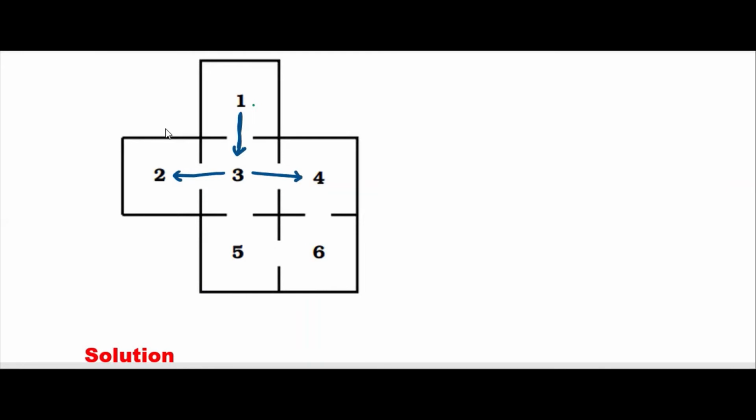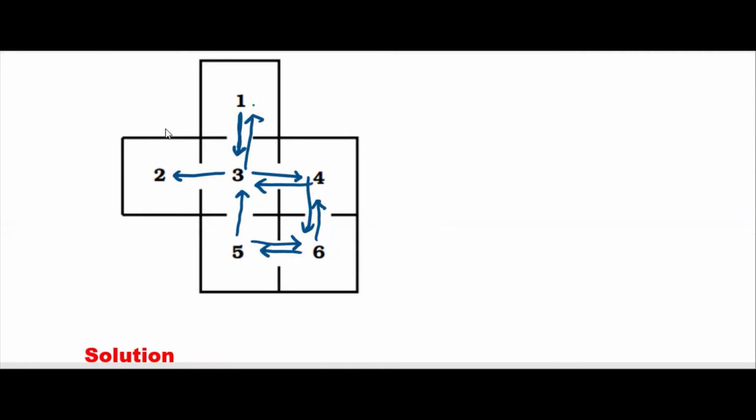If the rat is in 5, how many possibilities? Again one possibility. If the rat is in 6, there are 2 possibilities. If the rat is in 4, there are 2 possibilities this way. If the rat is at 5, this one is also possible. From 1 there is only one possibility. From 3 there are so many possibilities. This is also possible.